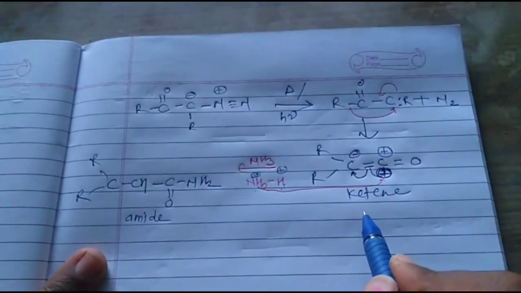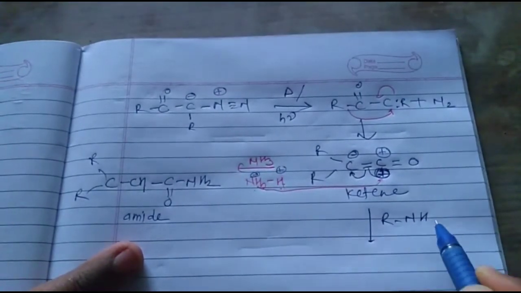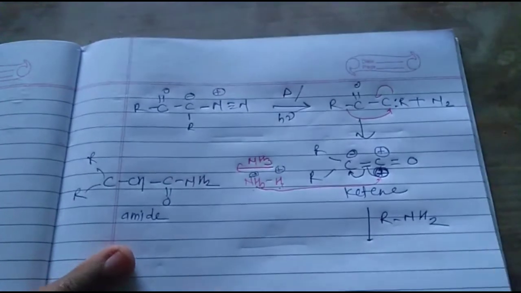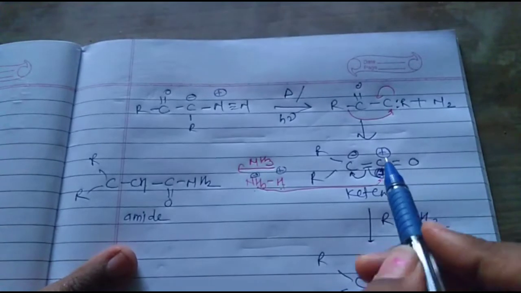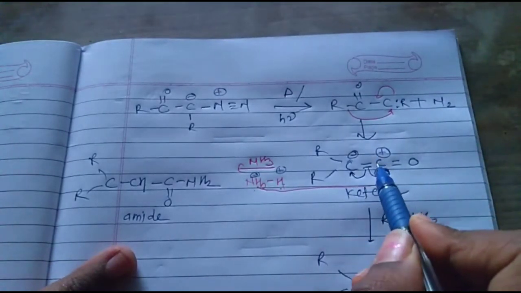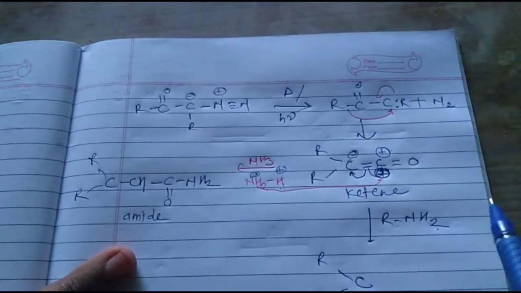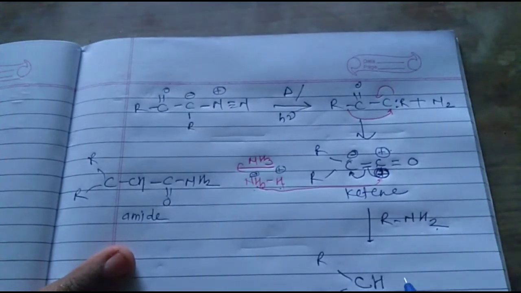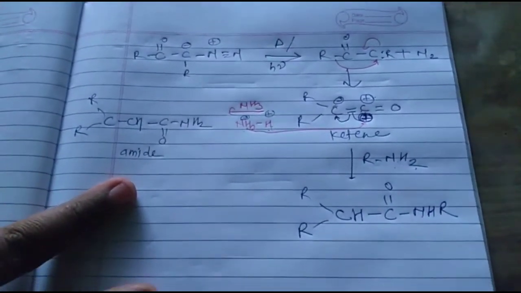In the next step, what happened? Whenever it is reacted with RNH2, it is the same, there is an R R group. This carbon has a negative charge and this carbon has a positive charge, and it breaks into RNH minus and H plus, and that's why this becomes R R C H. Then this carbonyl is attacked by this nitrogen, NHR, in this manner.